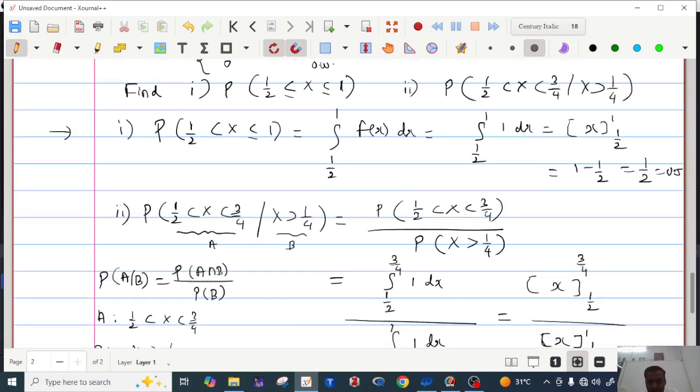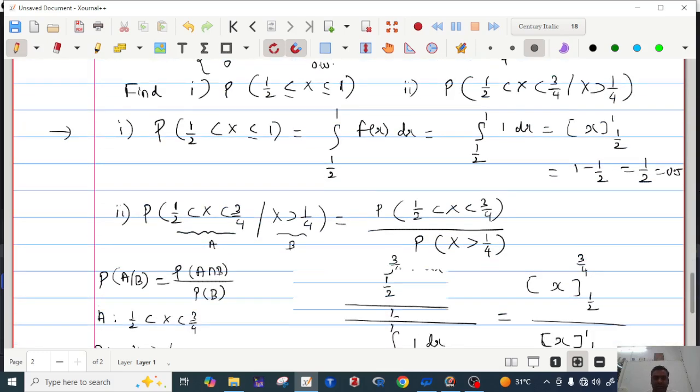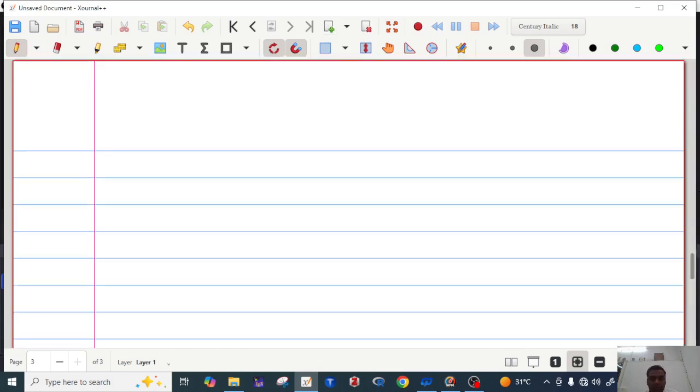So suppose here A is 1 by 2 less than or equal to x less than or equal to 3 by 4, and B is x greater than 1 by 4. So sometimes, suppose A and B are just considered and they ask you to find: